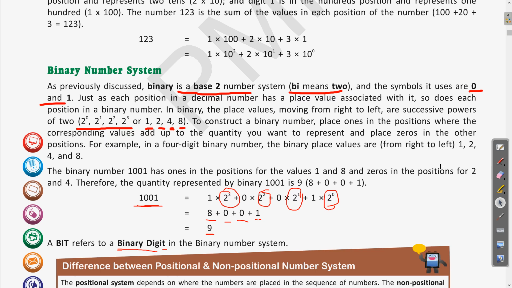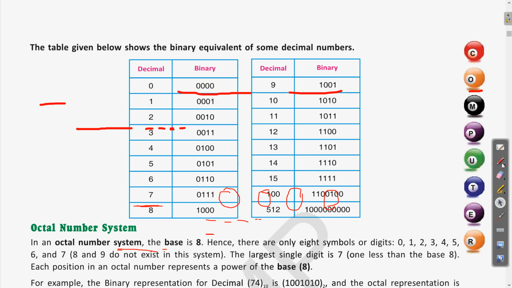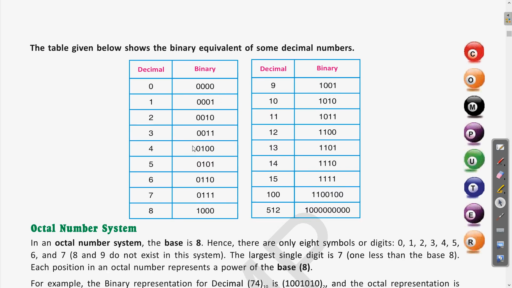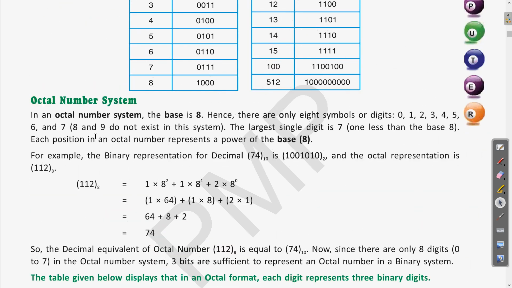Okay, let us come to the textbook. So here we have seen the decimal and the binary number system. In the coming class we will discuss the other, that is this. So this is the table which is shown to you. Here you can see the decimal numbers are represented with their binary equivalent, that is, what will be the binary of that decimal number. Clear? So we will discuss this also, that if you don't want to remember this, and you want to quickly calculate and convert a decimal into binary, we will discuss that also. And after that we will see the octal and hexadecimal number system.